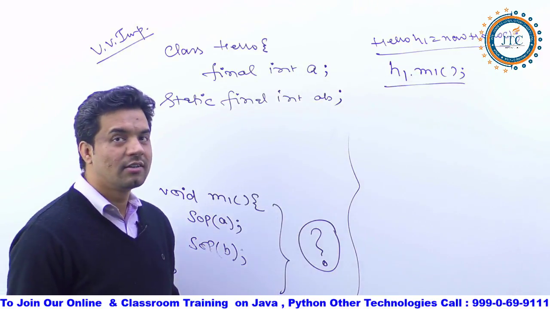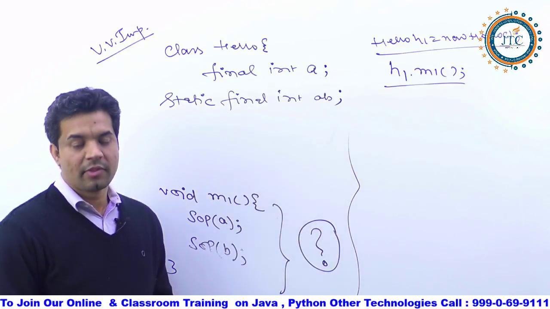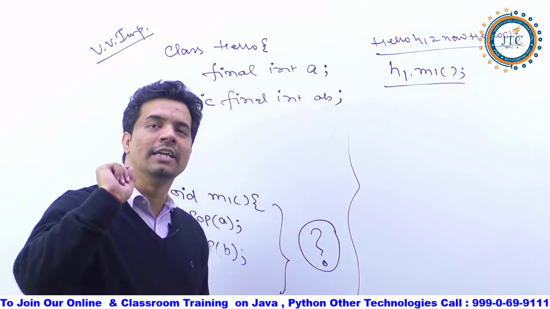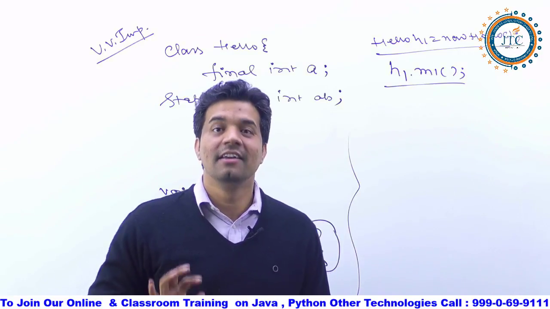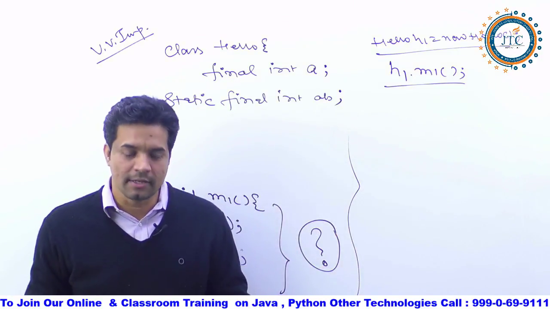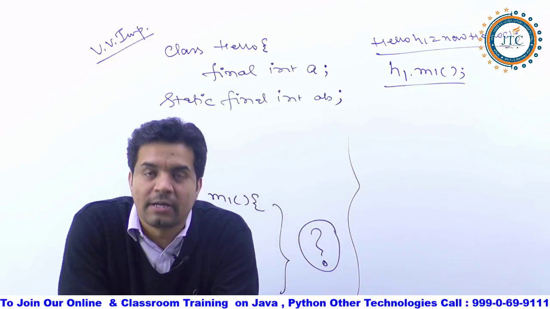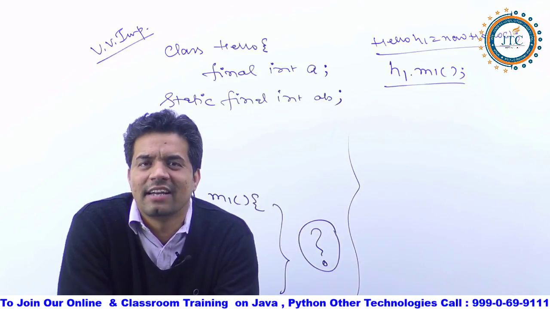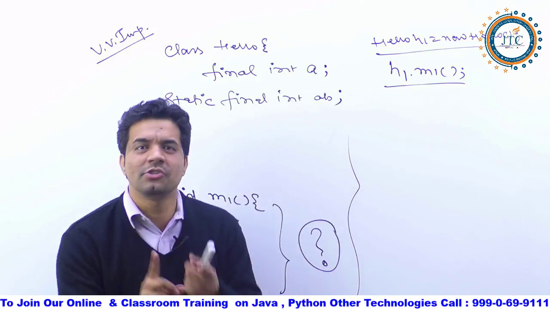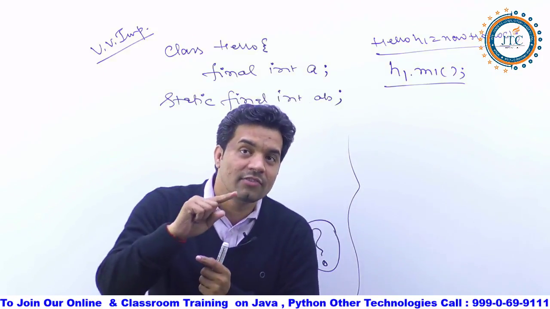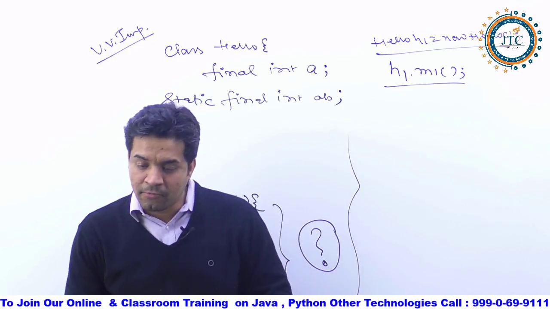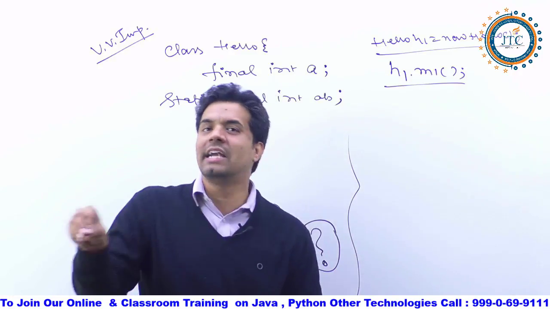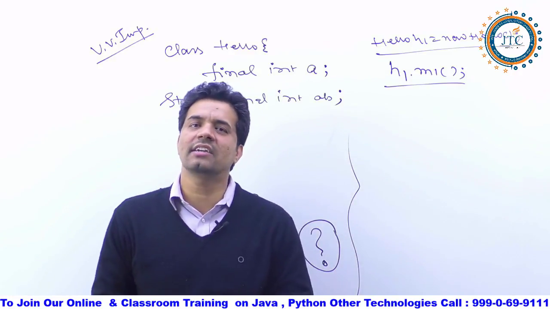Both blocks we can do it. One answer we are getting: both blocks. Okay, let's understand it. Let's discuss it. We should not only write the program and see the output, right? First analyze it. To become a good developer, you should first analyze things, not only compile and run. First you should analyze the code and think: this can give this kind of result. And if we are expecting that kind of result for that particular problem, and the same output comes, then it means we are thinking correctly.